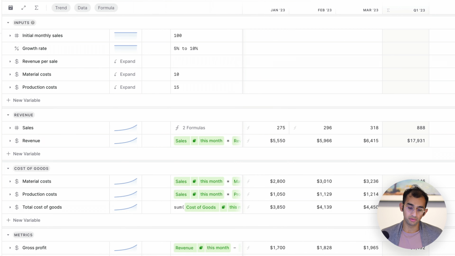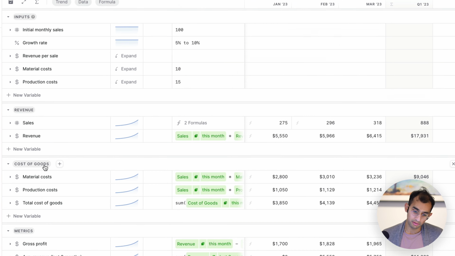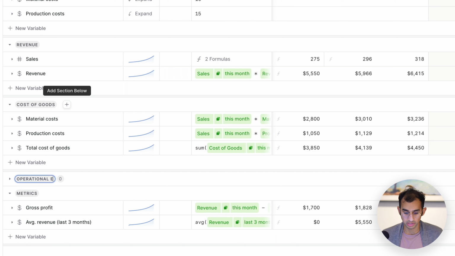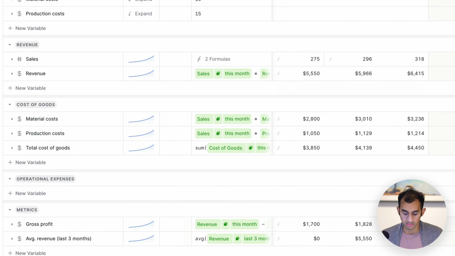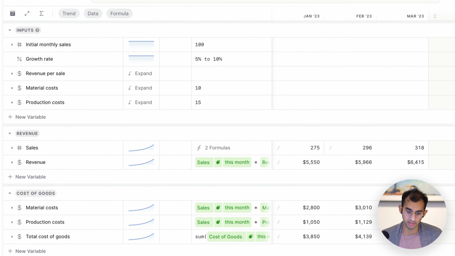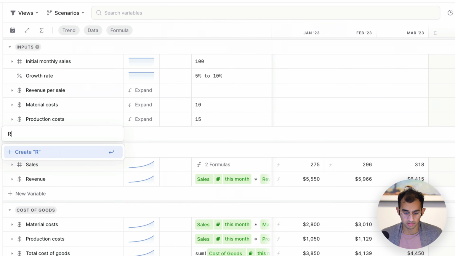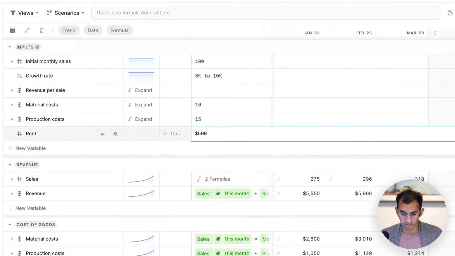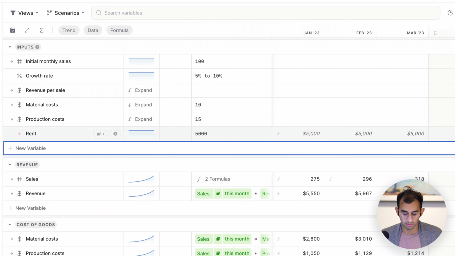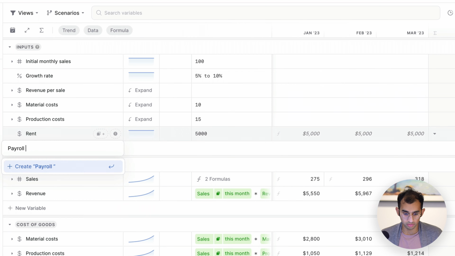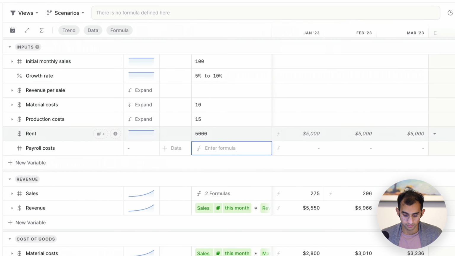Now, to round off our model, let's include the final set of expenses that our business incurs, and these are what we're going to call operational expenses. And so below our cost of goods, we'll create a section called operational expenses. We'll keep this section very simple. We'll maybe just have simple assumptions for our rent and our payroll costs, and those are going to be the core operational expenses. So for rent, maybe our rent costs us $5,000 per month, and our payroll costs us $3,000